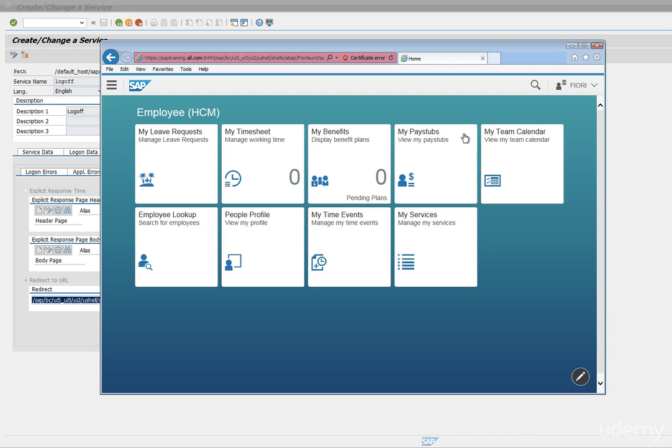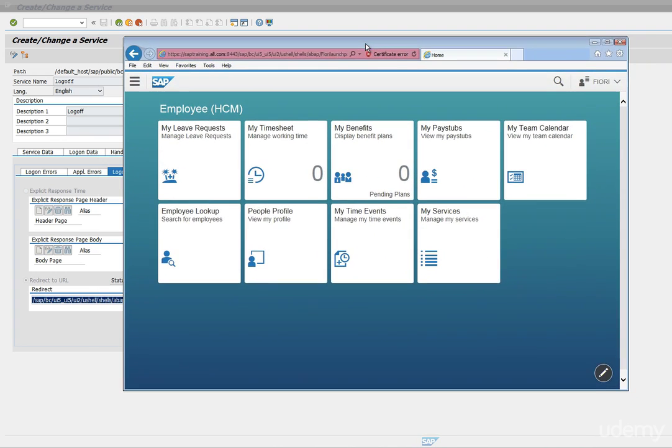You're seeing all these tiles because we have applied the Fiori front-end add-on as well as the back-end add-on. I'll show you in my next session how to check which add-ons are required for each application or each scenario. And as I mentioned, for the log off redirection URL for the service,